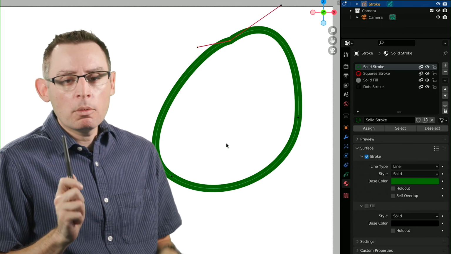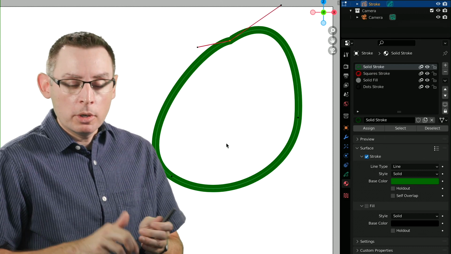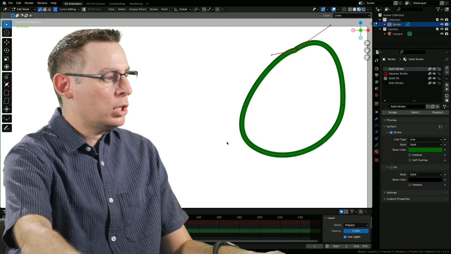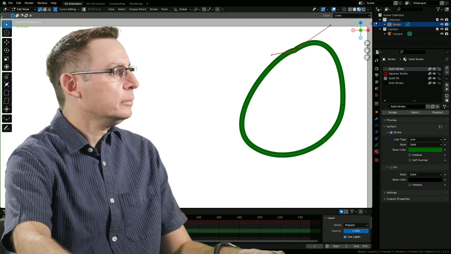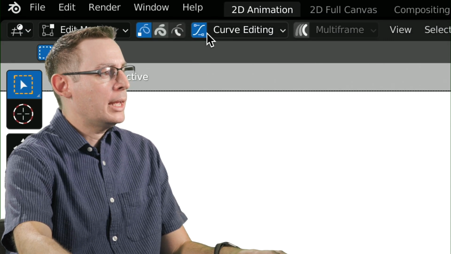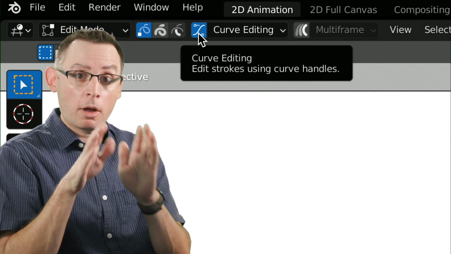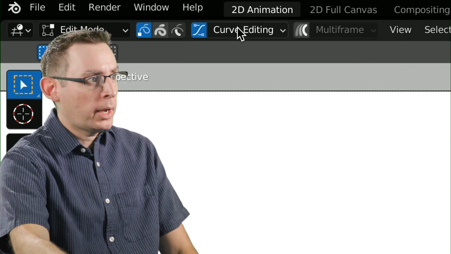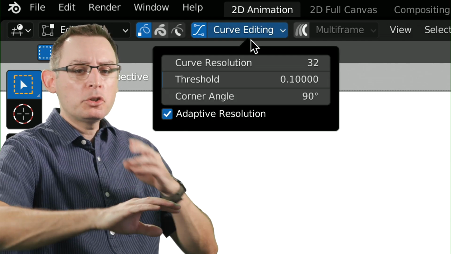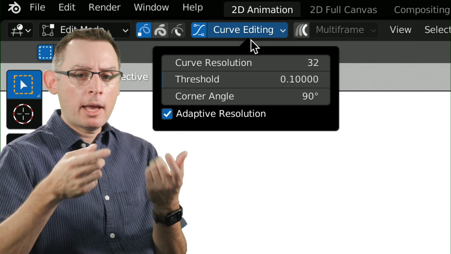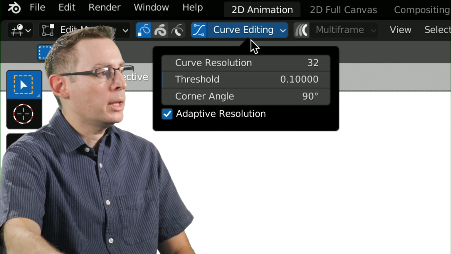However, I want you to be mindful that this is a mode. I'm going to zoom out for a second here. And I want you to be very careful because this is a mode. It is on at the moment, and it's going to stay on until we turn it off for this particular shape. FYI, inside of this pull-down menu, these are just some quality settings that will adjust how the curve handles are being created. More on that in a minute.